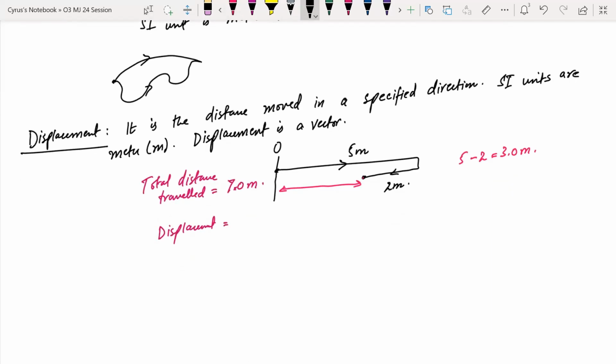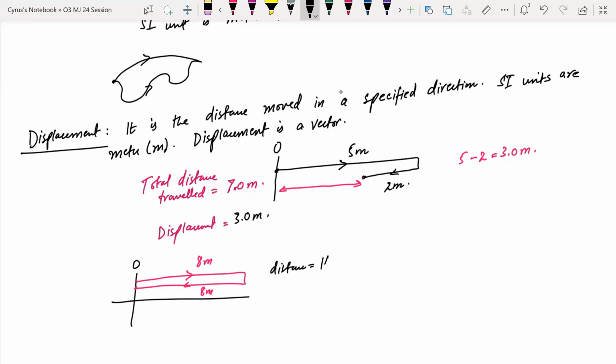If, however, it started from the starting point like this and it went all the way like this and it came here. It went 8 meters here. It came back 8 meters here. What is the distance traveled? 16 meters. What is the displacement? 0 meters. It came back to its original position, you see, because its displacement 0 है, लेकिन इसका distance 16 है. There is a difference,